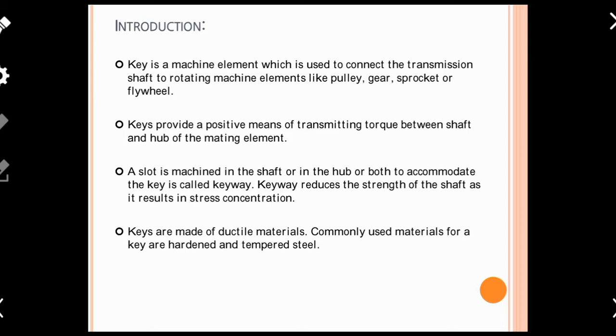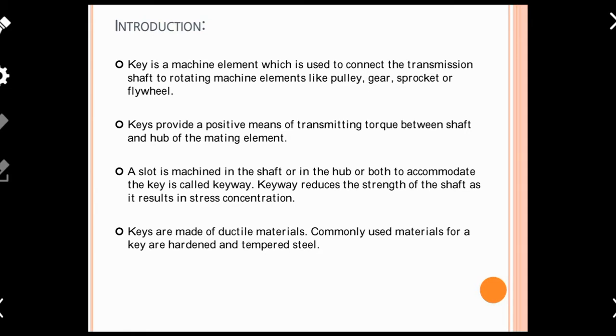We all have the experience that, for example, there is an electric motor, and the shaft of the motor is getting rotated. Ultimately, we require that rotational motion or torque to be given to some other machinery like a lathe. So we require to transfer torque or power from an electric motor to that particular machinery, say a lathe machine.